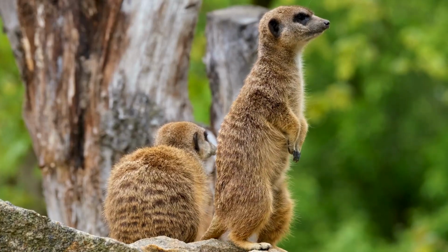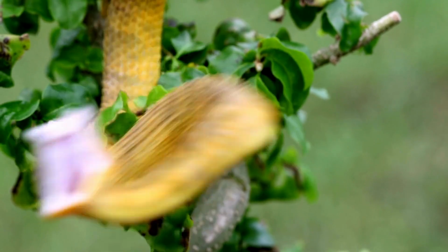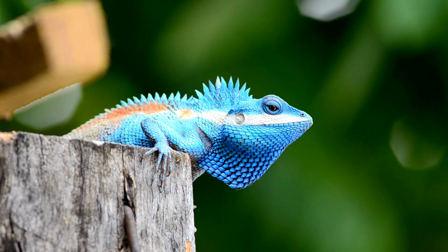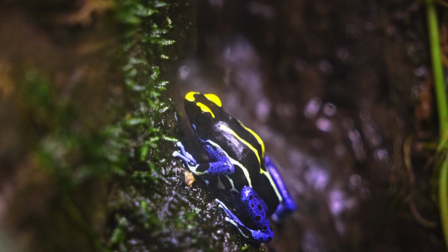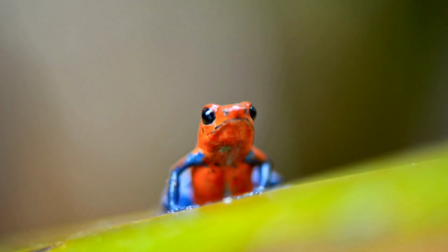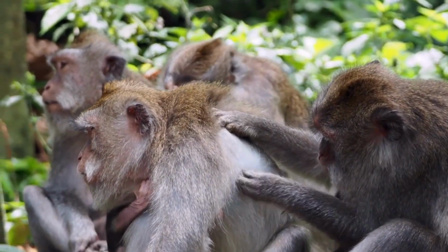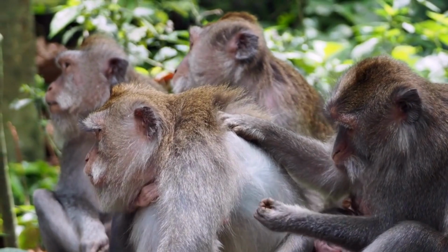Visual communication are signals that can be understood from gestures, facial expressions, body language, and even body coloration. For example, the bright colors on a poison dart frog can be interpreted as a "do not eat me" warning signal to potential predators. Touch signals play an important role for social animals such as primates, where members of a group will groom each other